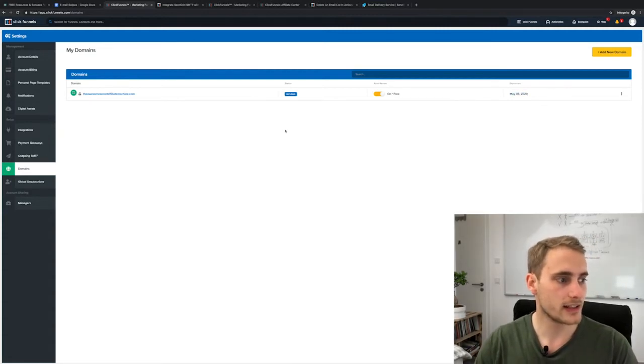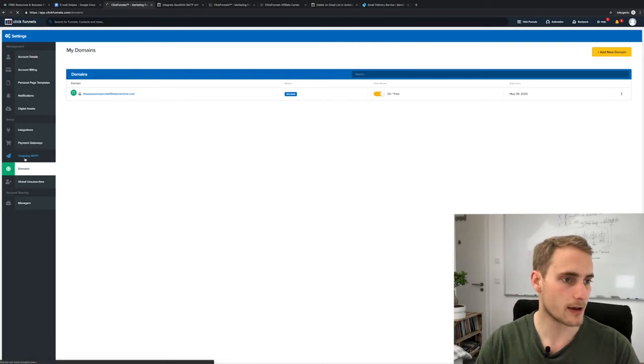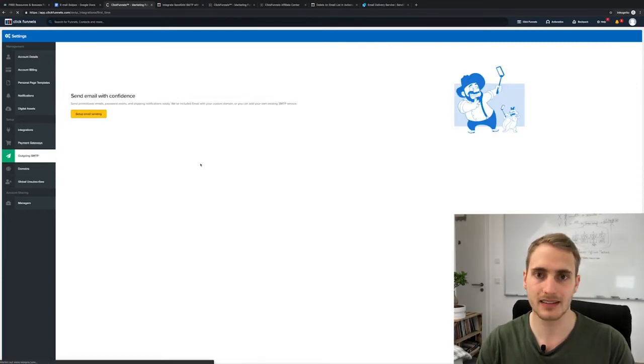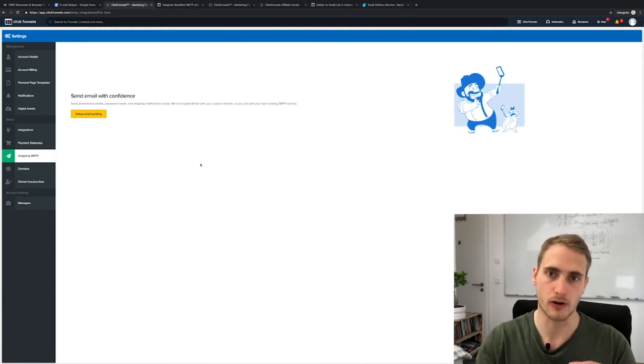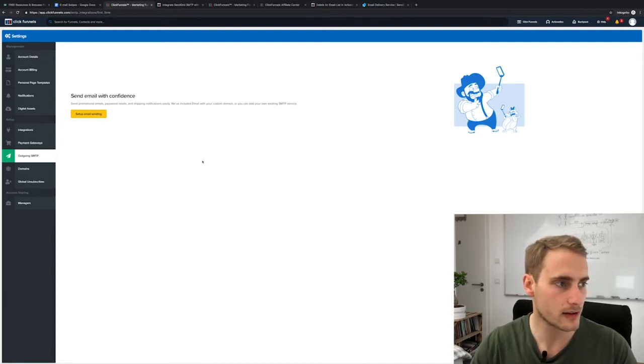And now we need to set up this outgoing SMTP. ClickFunnels, as I said, needs to know which server to send the emails from. This might sound very techy, but it's actually a pretty simple and straightforward process if you follow the steps. So what I want you to do is go to